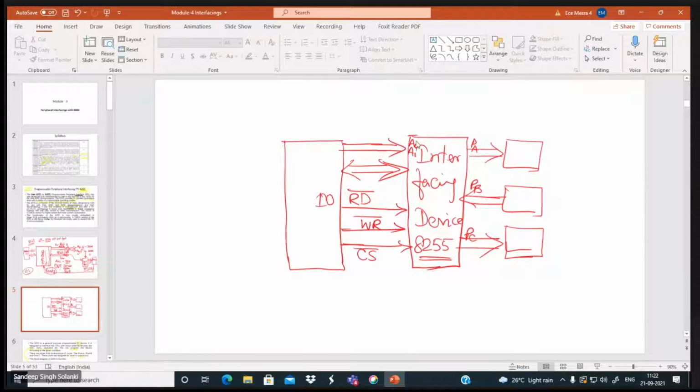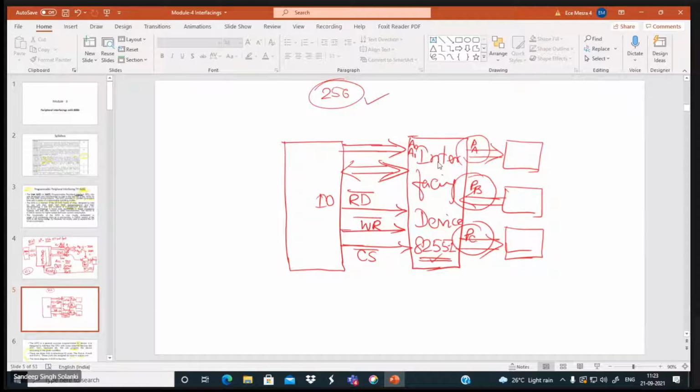How you design your IO mapping so that these addresses get fixed is left to you, because we are talking only about one 8255 here, and with one 8255 we get 3 ports. But we all know that we have the option of connecting 256.